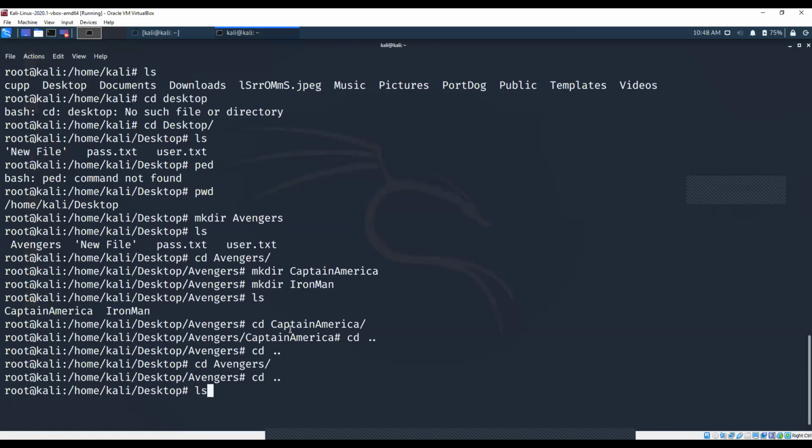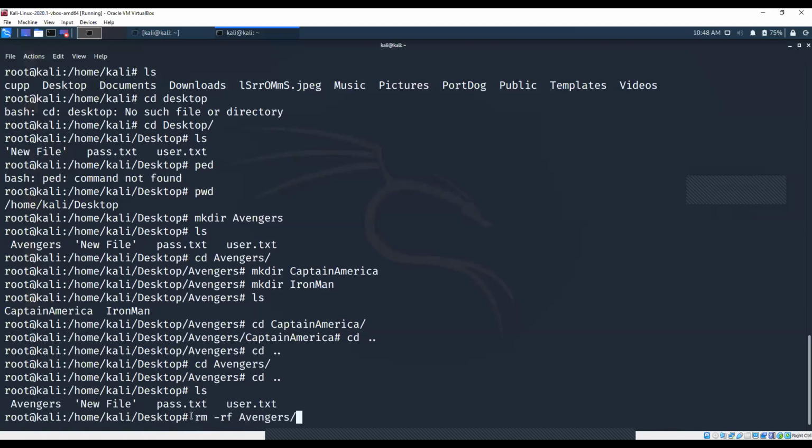So this is how we are going to use the cd command, the change directory command. Now I want to remove Avengers over here. So what I need to do is simply go with rm space hyphen rf, remove along with that remove all the files in Avengers.